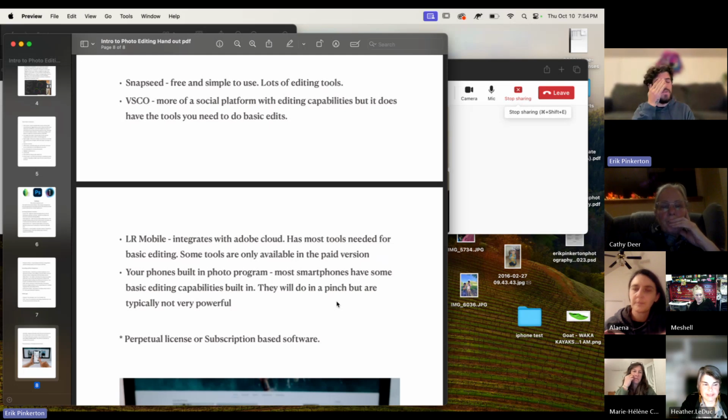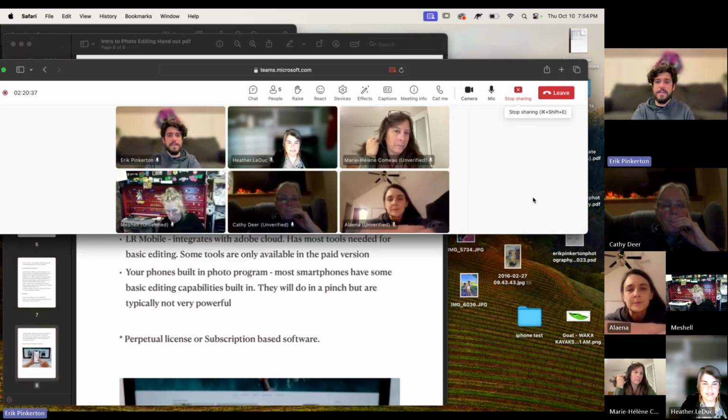The way that photo editing software works is that you either buy what's called a perpetual license. So you buy the software just like it used to be, where you always bought your software. You just paid, and sometimes it was expensive, but you paid it once. Or now subscription-based